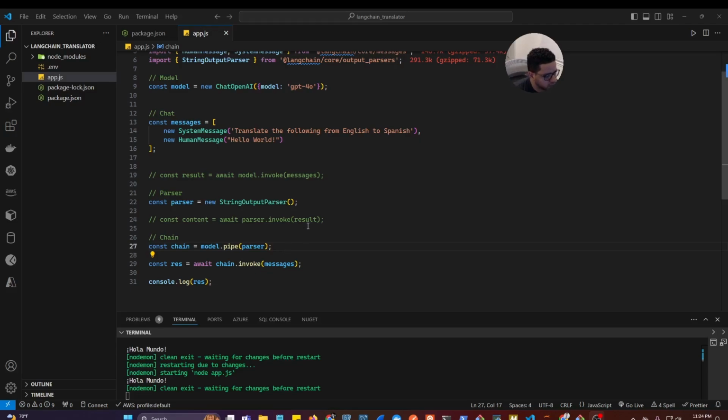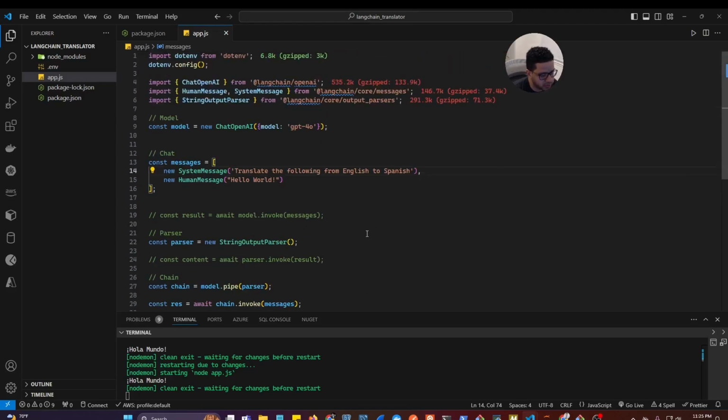So the only problem we have right now with the way we have set up the application is that we always have the same message here. We are translating from English to Spanish, but what if we want to pick a different language? We could try to do this with some JavaScript using backticks and injecting a variable here, but there's a better way in LangChain. So what we can do is create something called a prompt template,